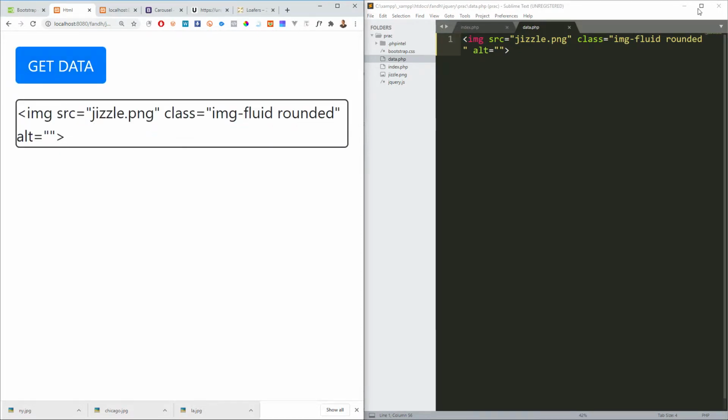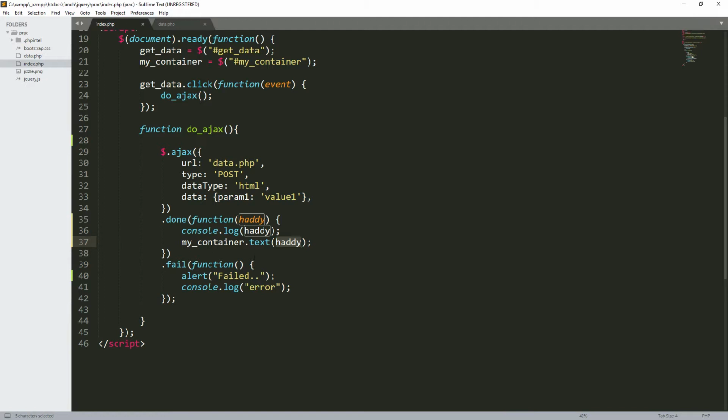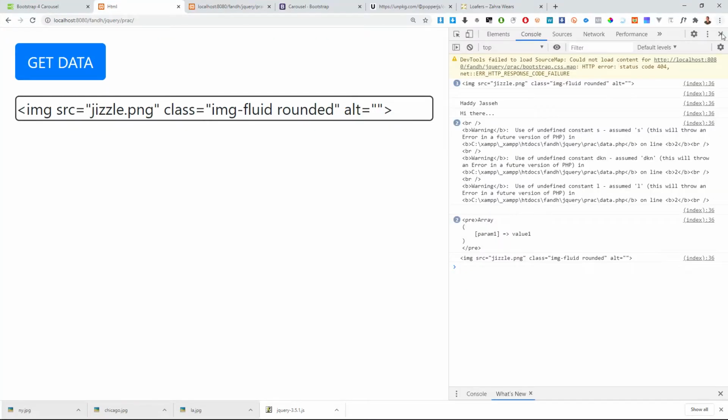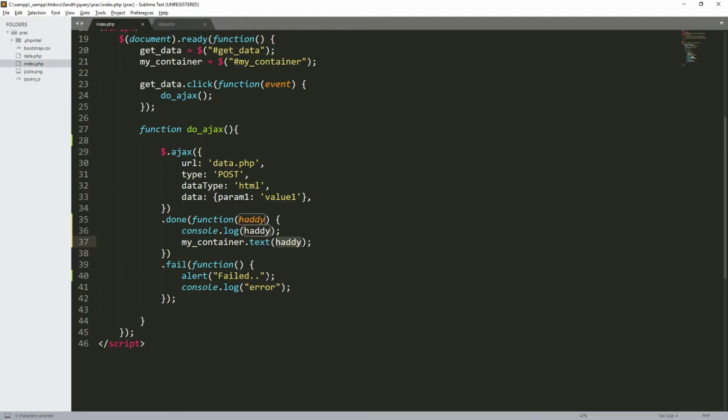So if I ask the question, why is this not changing into an image like the way it's supposed to be? Hardy, why is it writing it the way it is? Why is it not becoming an image? Hardy, can I have your answer? Because I use the text. So if I want it to be encoded into HTML, what should I do? Maybe or not maybe. Are you sure or not? Fatimata, what's your comment on that?